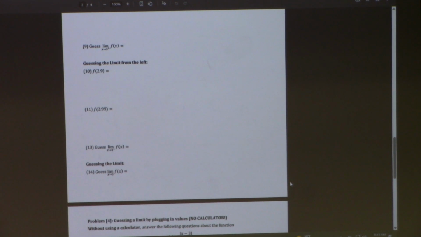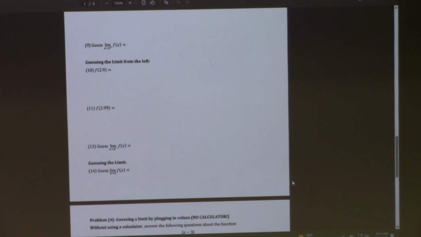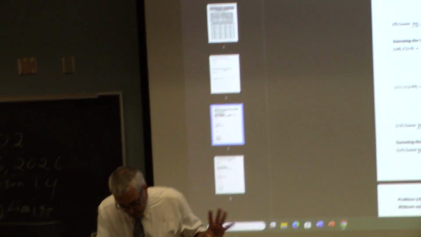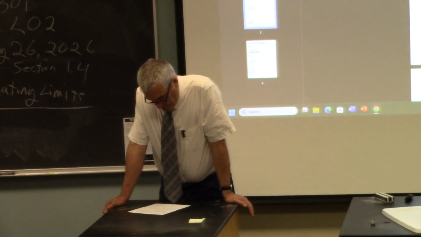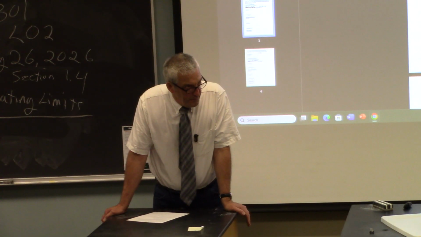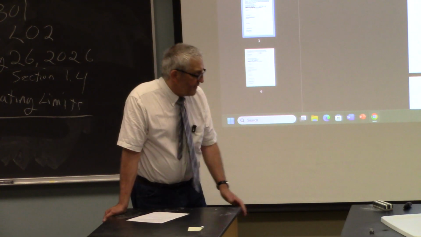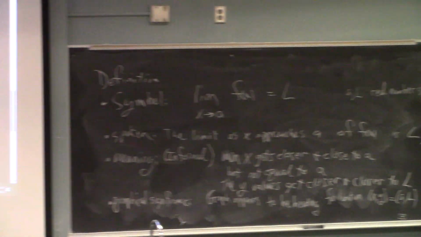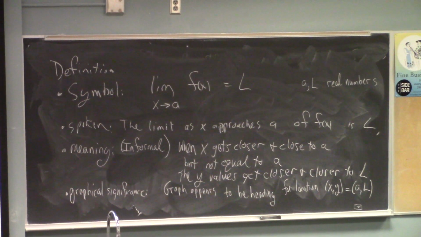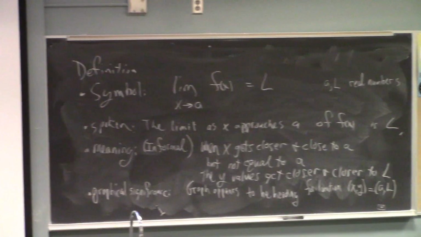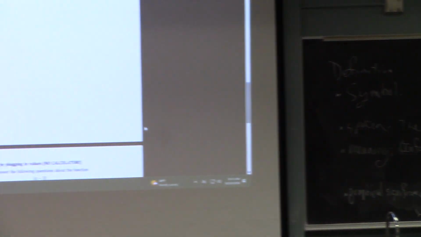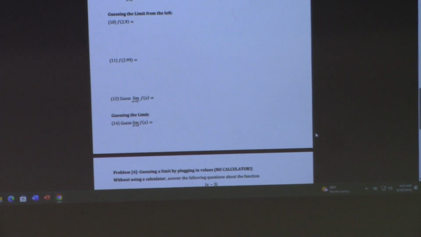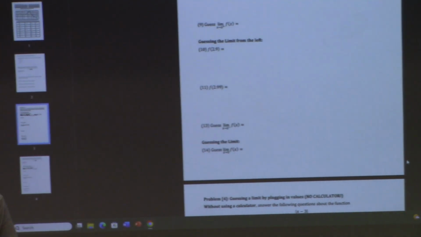So the natural question is, is there a method for finding a limit for a function given by a formula using analytical tools, not by a graph, not by making a table of values and estimating? So the good news is, yes, there's what's called the precise definition of limit. Remember, what I put over there on the board is the informal definition of limit. X is getting closer and closer to A. What's that mean? F of x is getting closer and closer to L. Well, what do you mean by that? Can you make that precise? So the good news is, yeah, there is this precise definition, and it's in the book,